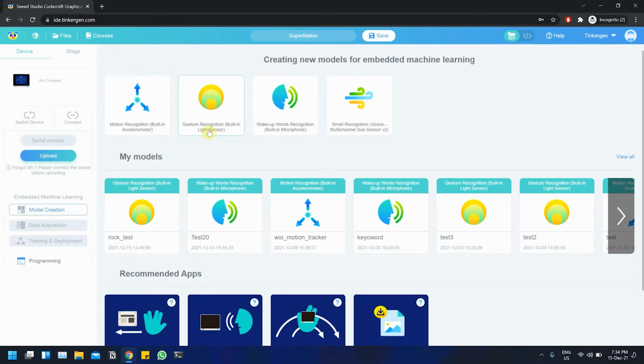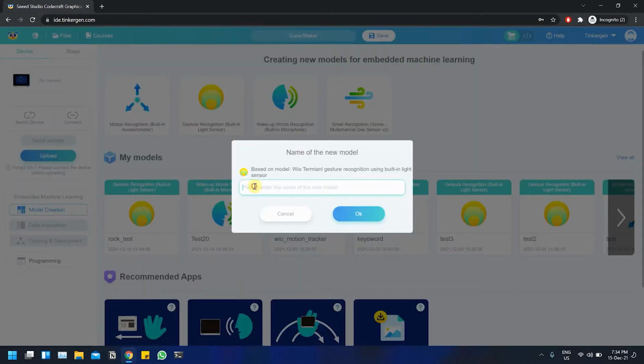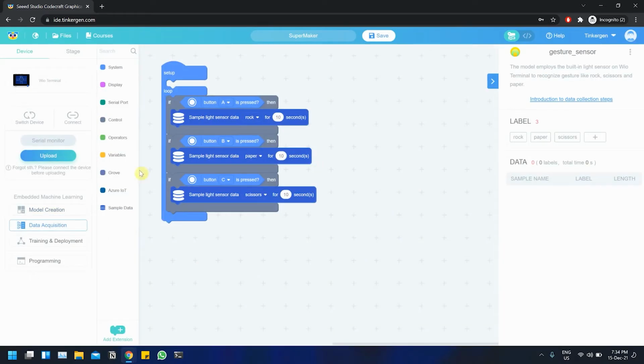Here we are going to select the second option called gesture recognition with a built-in light sensor. Click on it, name your program. So I'm going to be calling it gesture sensor. And here we will be presented with the default ML training labels. So we're not going to be using this, and we will be just using the Wio Terminal to recognize an up-down motion and a left and right motion. So I'm going to press close on these